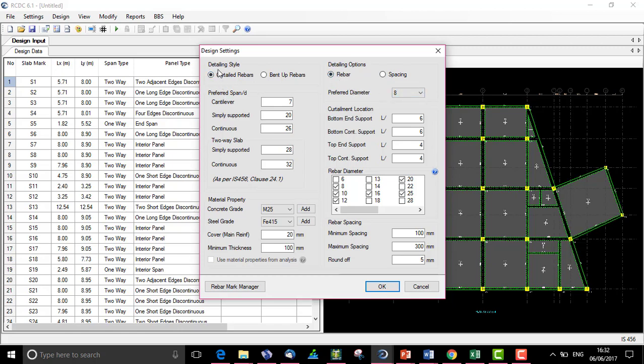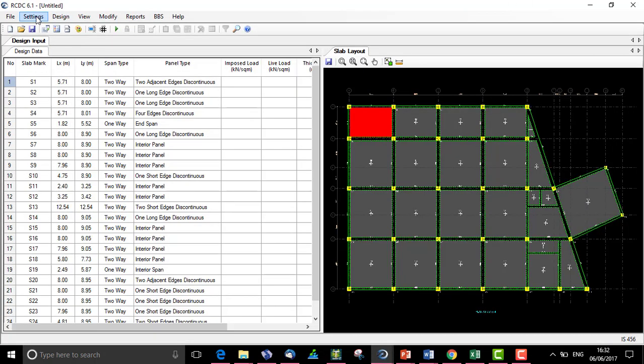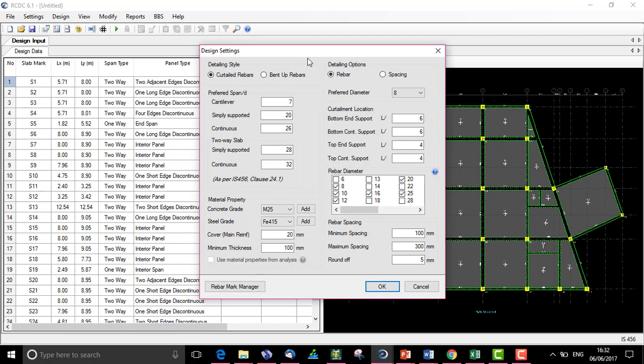In this file, we'll just see what curtailed rebar is doing for us, and then we will see what rebar, for setting a value of diameter, is doing for us. So I'll have two same files but with different settings. One is curtailed, and in this we'll keep the bent up rebar type of detailing, and in detailing options we'll have a constant spacing, say 200.